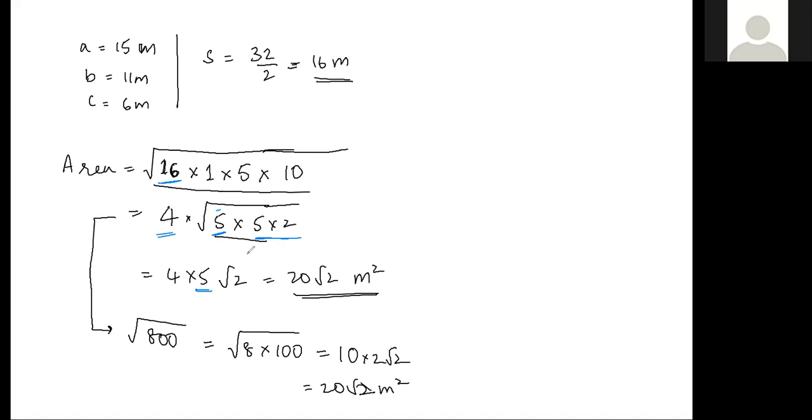Ma'am, but how did you get it out? Would it be like divide or something? Why would it be divide? I didn't understand. 5 into 5 is 25. Then you have to take the root of 25. So the square root of 5 square is 5. Yes. Okay, ma'am.